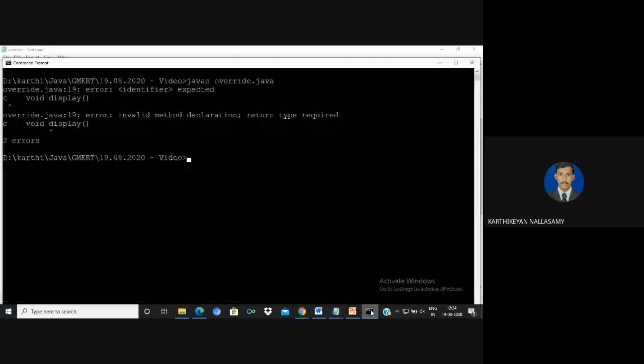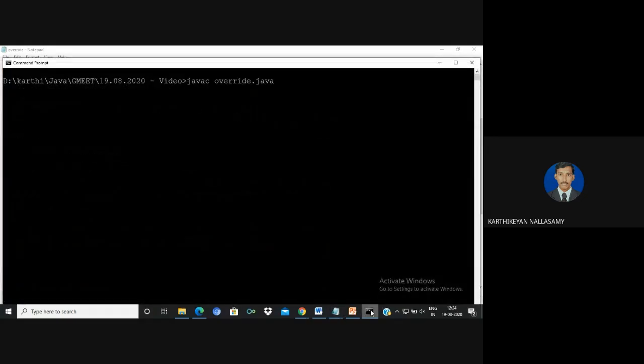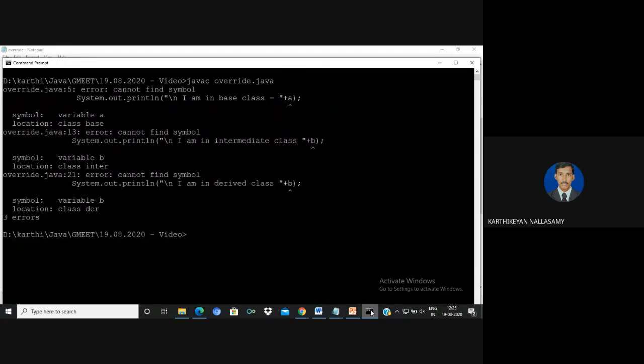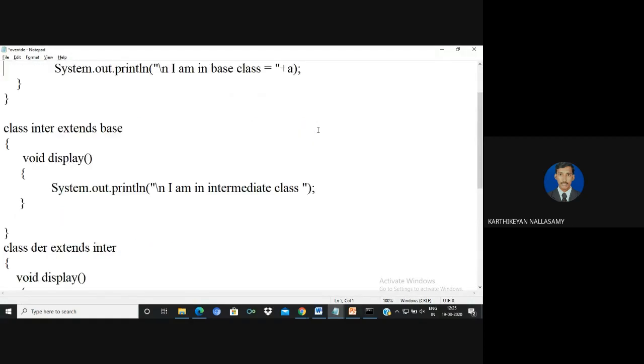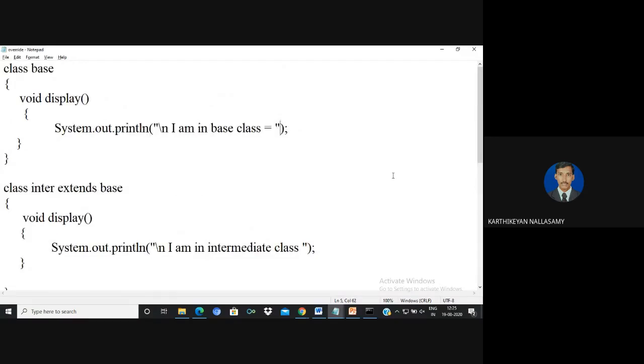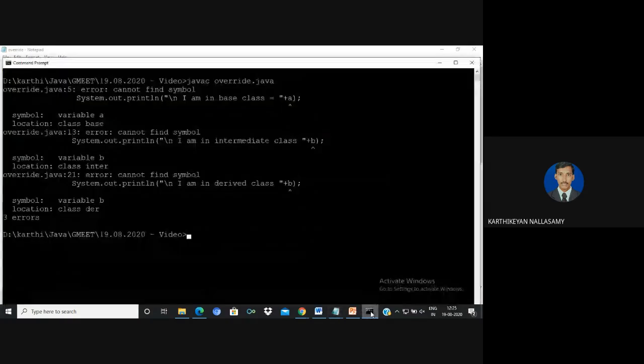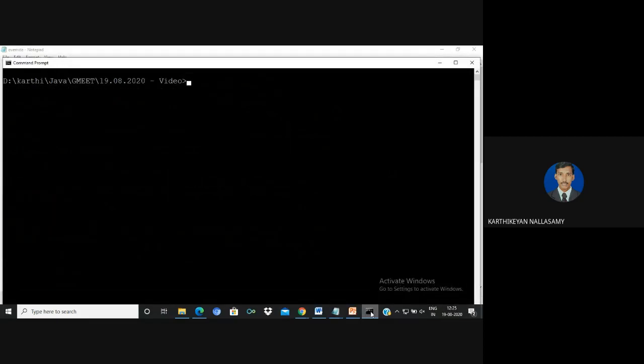Okay, so now just try and compile it. Yeah, sorry, I forgot to remove all these local variables. Sorry for this mistake. I can remove everything, because I used only the default constructors, so I don't have any parameters. Here I didn't use any instance variable or local variable. For the previous demo I used them, but I forgot to remove them before compiling.